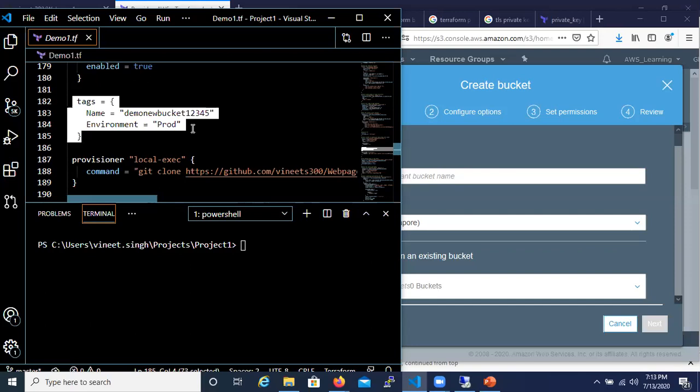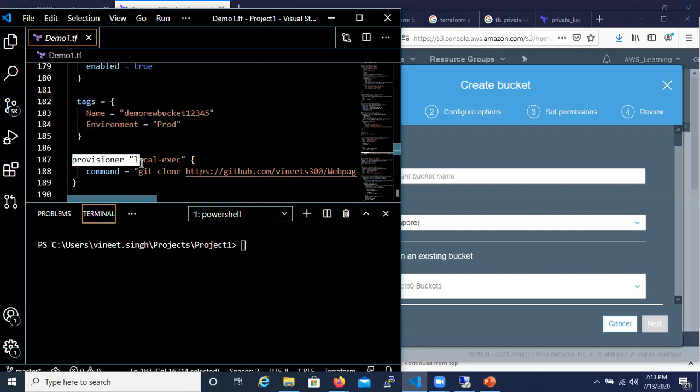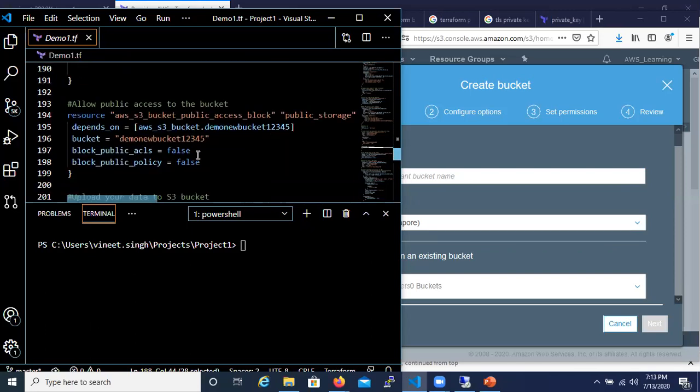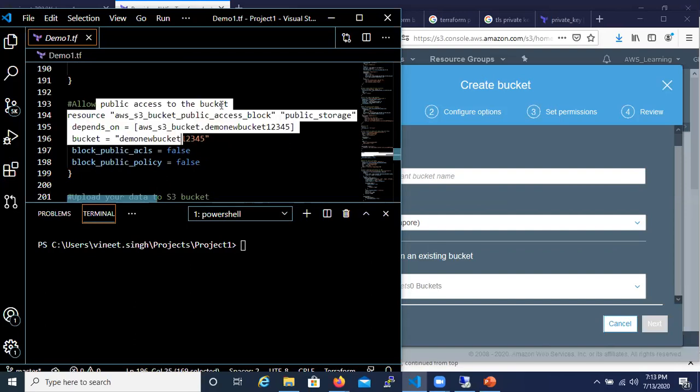Now, once this specific bucket is created, I want to get a copy of the GitHub repo. So I am using my provisioner local exec, and I'm running this specific command on my local instance to get my code locally. And after this, I'm going to give public access to my bucket.